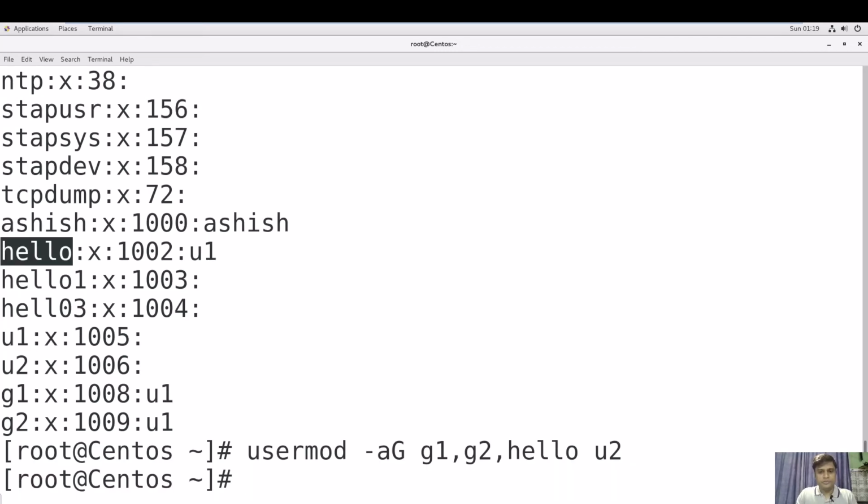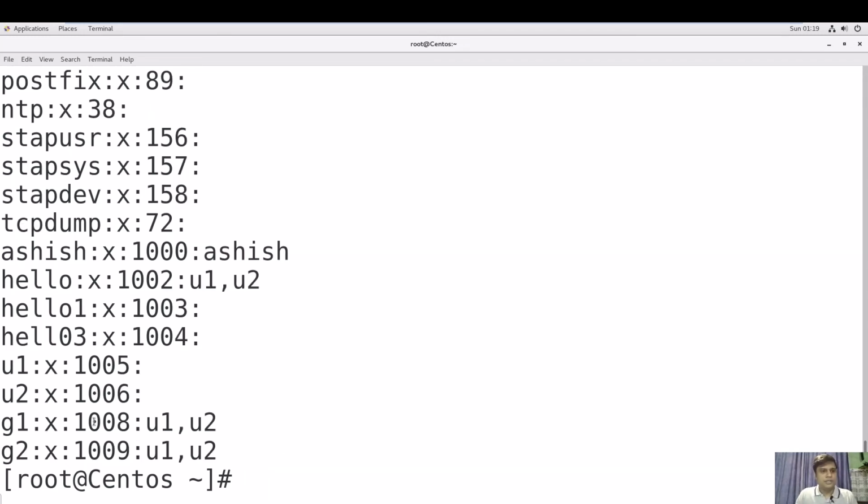Now you can see here this U1 U2 is added in G1 group, the same U1 U2 is added in G2 group as well, and U1 U2 is added in the hello group, right? So in this way we can add a single user in multiple groups or many users in many groups, right?